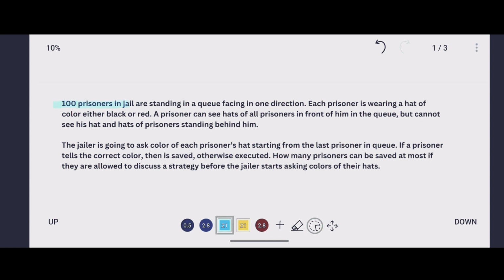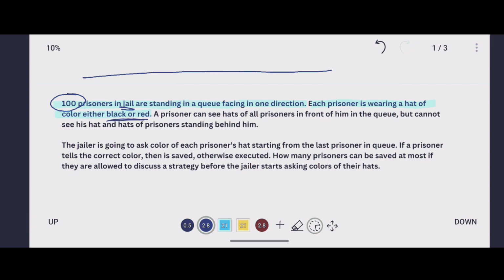100 prisoners in jail are standing in a queue facing in one direction, right? So how many prisoners are there? There are 100 prisoners in a jail who are standing in a queue and all are facing in one direction. Each prisoner is wearing a hat of color either black or red. Okay, so there is a hat on the head of each and every prisoner and the color is either black